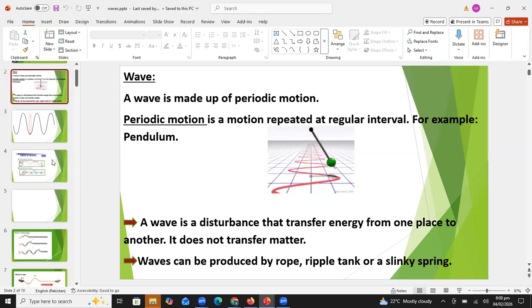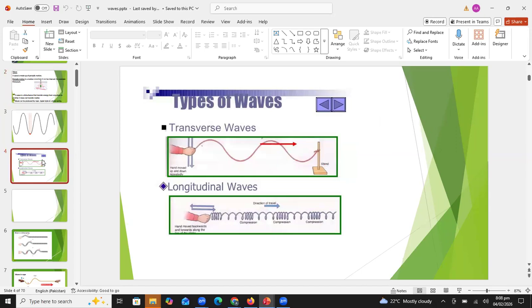All right. Now you can see, students, there are two types of waves. Number one is called transverse wave and number two is called longitudinal wave. So what are transverse waves? Transverse waves are those waves in which the direction of propagation of wave and vibration of particle are perpendicular to each other. Such types of waves are called transverse waves. In transverse waves, examples are light waves, electromagnetic waves, water waves, and S waves. Not S waves, sorry, P waves.